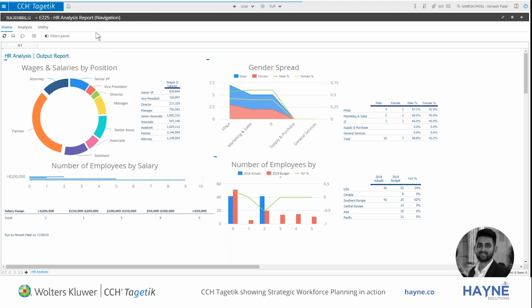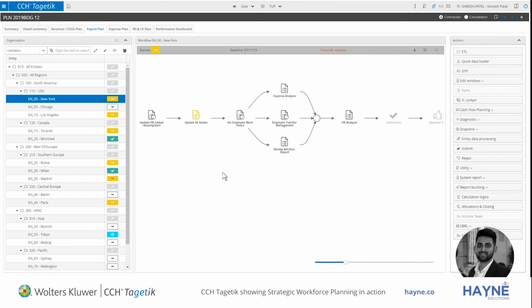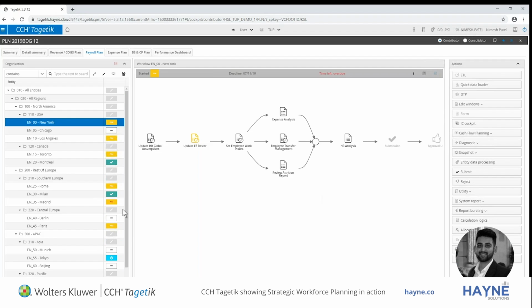But essentially, as a summary, a workforce planning or a HR planning workflow could look something like this. And essentially, you can put your global assumptions. You've got the ability to go down to different levels of granularity if required. Ability to transfer employees within the Tagetik workflow, and then you've got your reporting. So just to summarize,